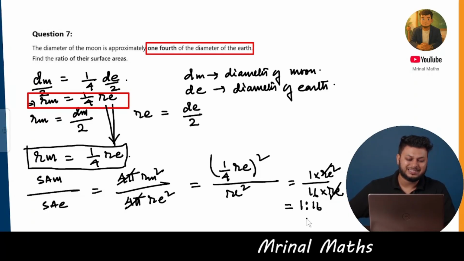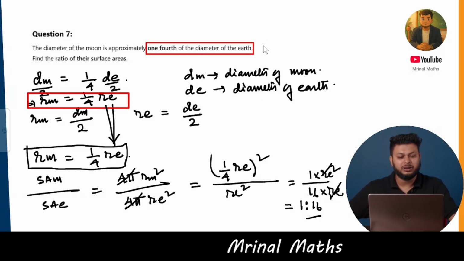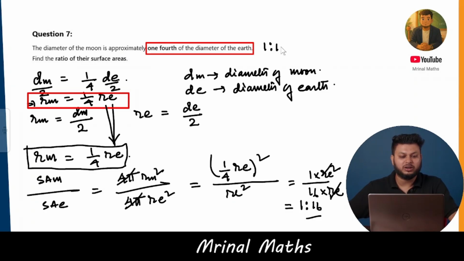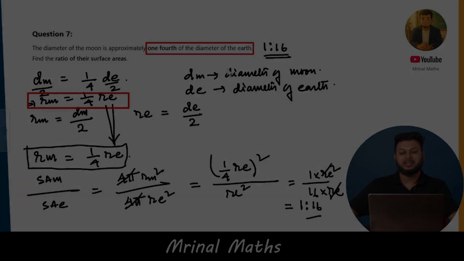So what is the ratio obtained? The ratio obtained is 1:16. The ratio of the